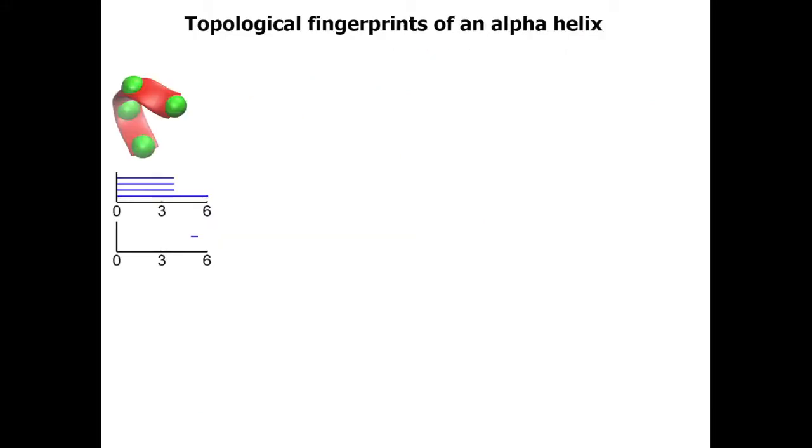So with an alpha helix, you can see easily. I just look at the alpha helix C alpha atoms over there. You just look at the 4 C alpha elements. My Betti one is going to have 4 lines over there, but the distance between those two is 3.8 angstrom. So that means I stop at 3.8, all of them stop, except the one, because everything is a connected component,